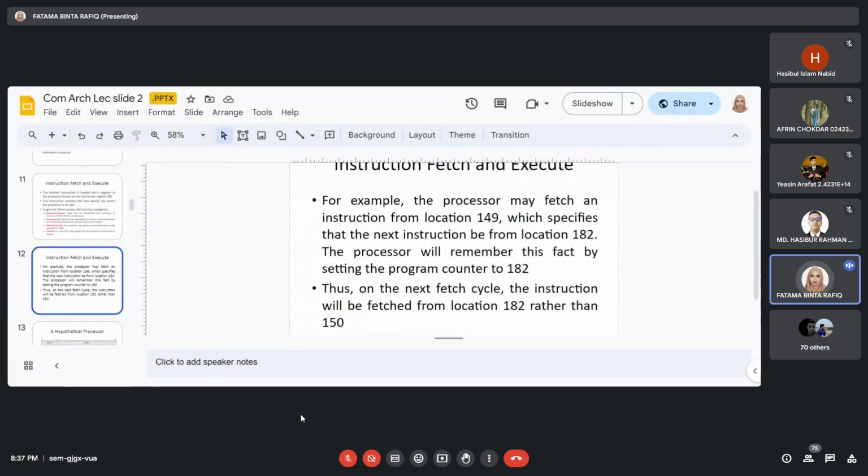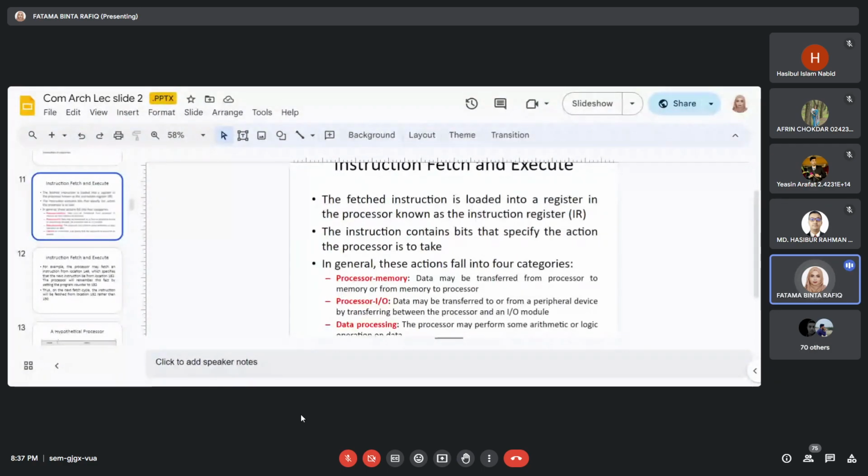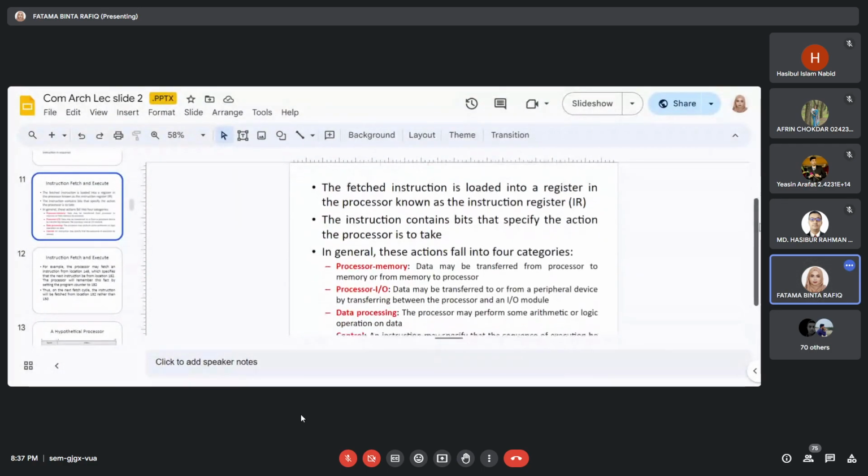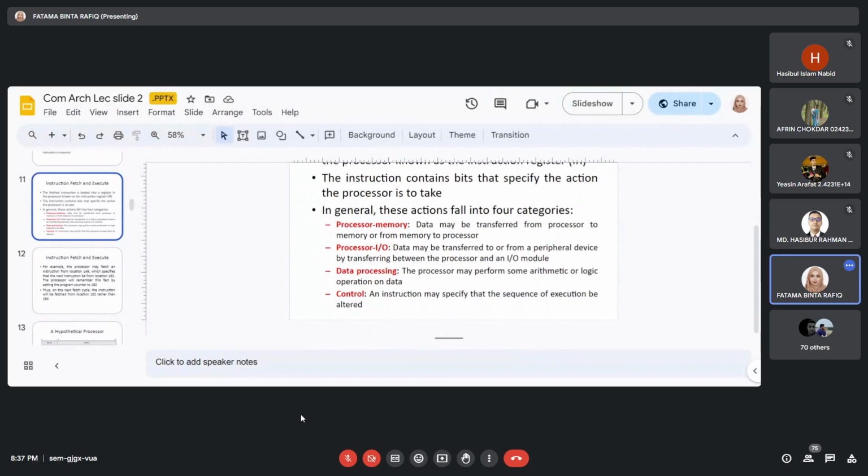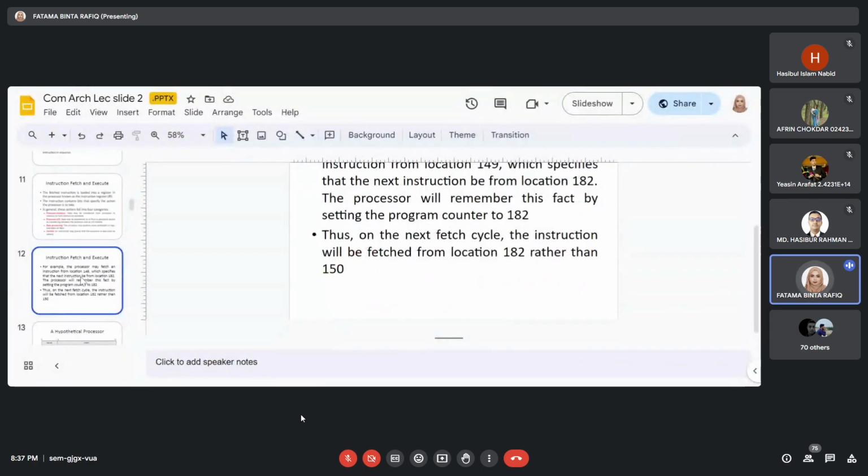If the instruction buffer is specifying that the next instruction should be from location 182, then the program counter will be updated. Here we can see it will be altered. Execution will be altered, মানে এটাকে ঠিক করে দেয়া হবে যে 149 এর পর যেন 150 এ না যায়, সে